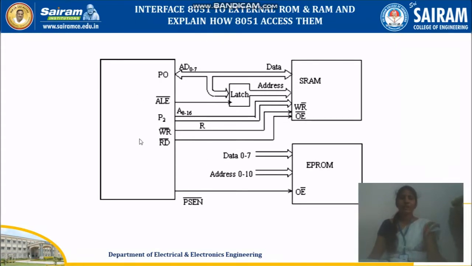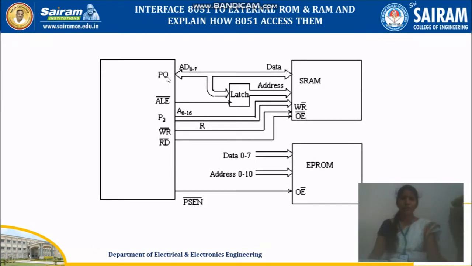So it is your 8051 microcontroller. In this we are going to use port 0 and port 2. Why we are going to use port 0 and port 2? In the sense, we need the address. Suppose if you wanted to access the external memory by 8051, we need to give the address. So that address can be given only with the help of your address bus. And data whatever you are going to access, that has to be taken from the data bus.